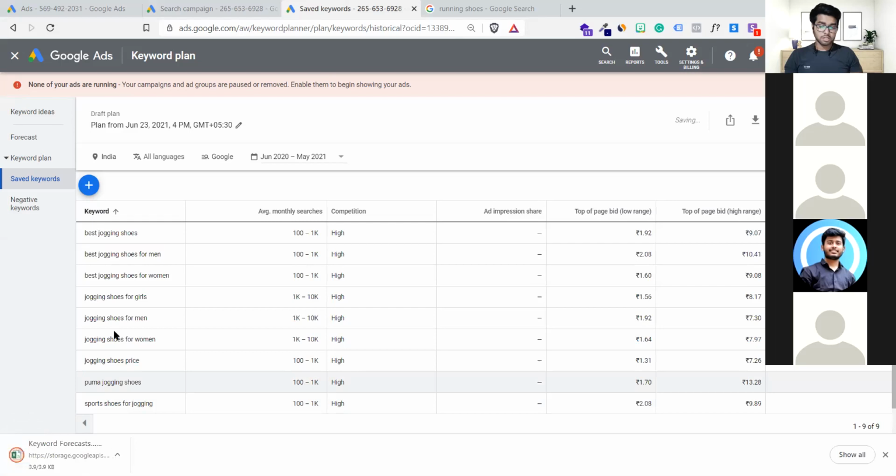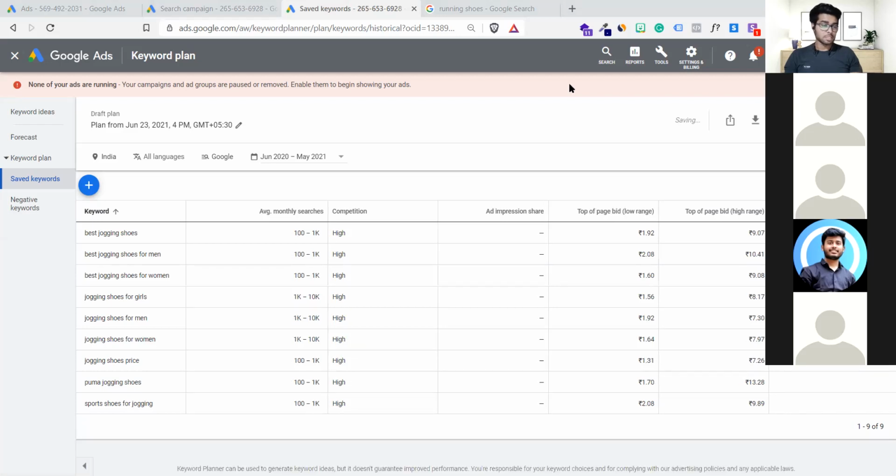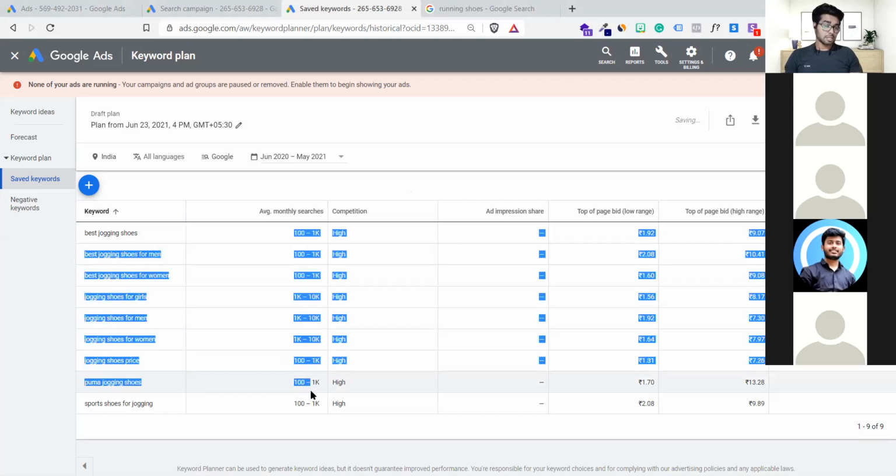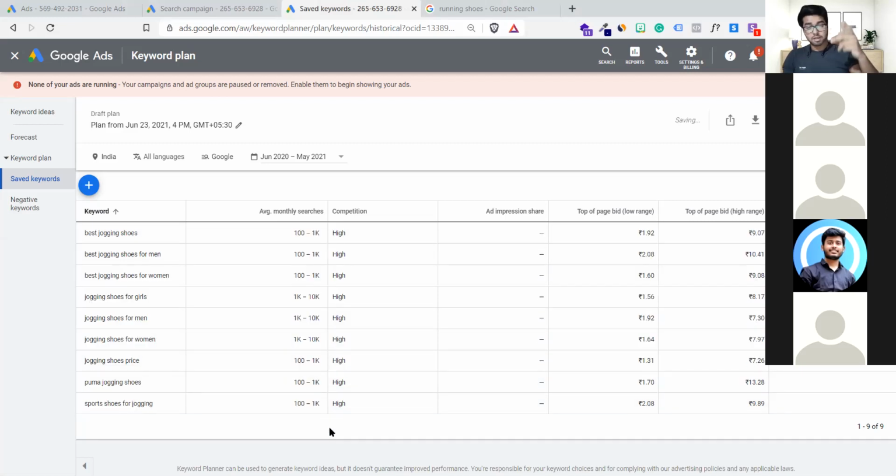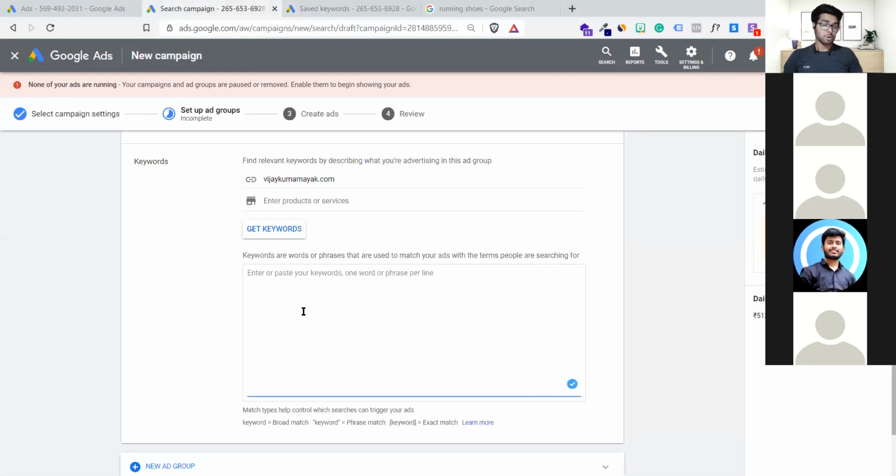And make sure you are saving all your keywords, because your ad group keywords are super important, and these metrics get changed every month. If you have to check what the last monthly average searches were, you will lose track. These figures are dynamic. Don't rely on this figure. This figure gets changed every month. These are monthly based search results. The moment this product goes viral, it can become 1 million as well. So don't think that this is static. Always keep track. Always save your Excel sheet somewhere in order to track what actually happened in your campaign. You will be in total chaos if you are not able to track what is going on inside your Google Ads. Okay, now I have it.